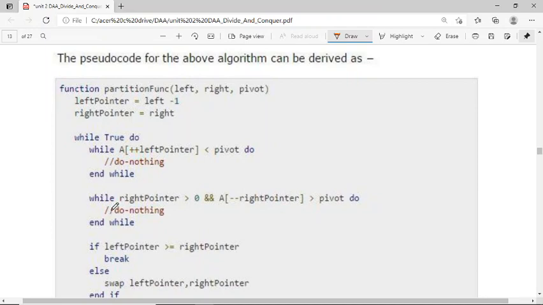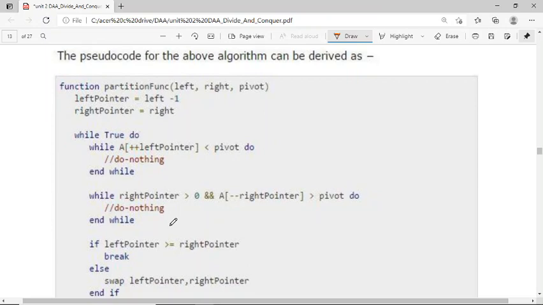While right pointer is greater than 0 and --right pointer is greater than pivot, do nothing. If it is like this, we should not do anything.